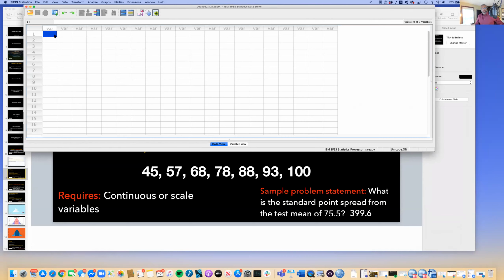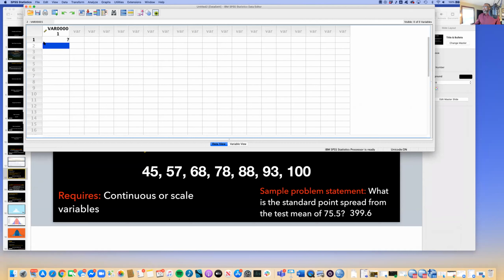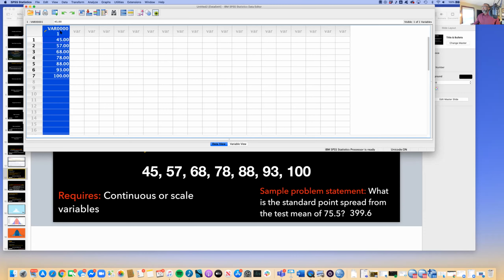So let's go ahead and put in these numbers. Just say 45, 57, 68, 78, 88, 93, and 100. And what we're going to do, we're going to—